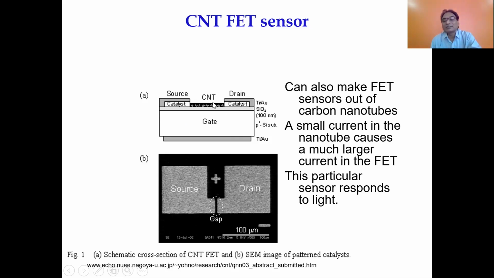What essentially we have done is not only CNT, because as far as the sensor is concerned, CNT has certain disadvantages I told you earlier. So in order to address those disadvantages, we have modified CNTs with organic conductive polymer, porphyrin. As a result of that, we have developed wonderful, selective field effect transistors.